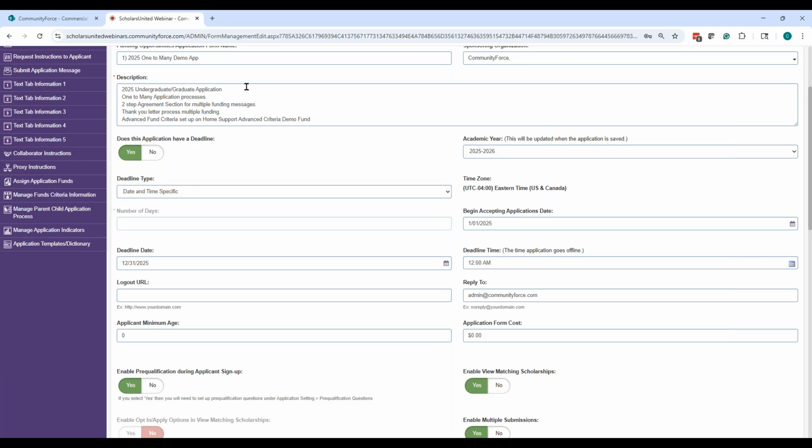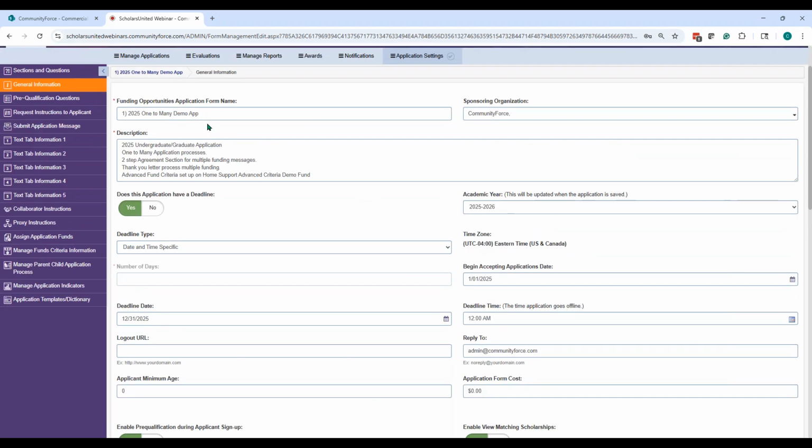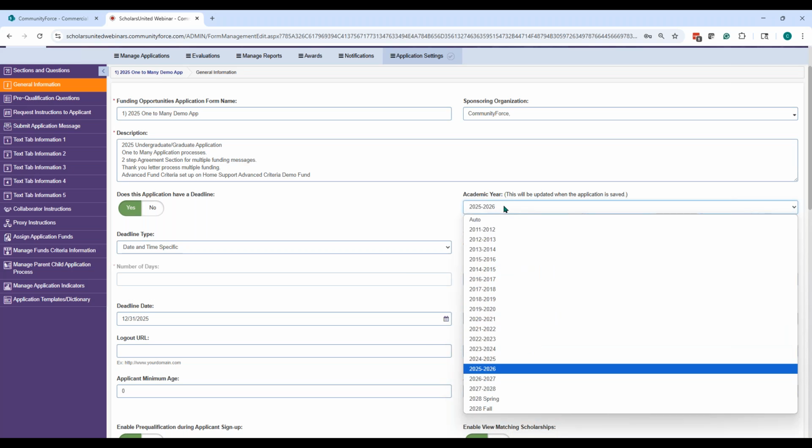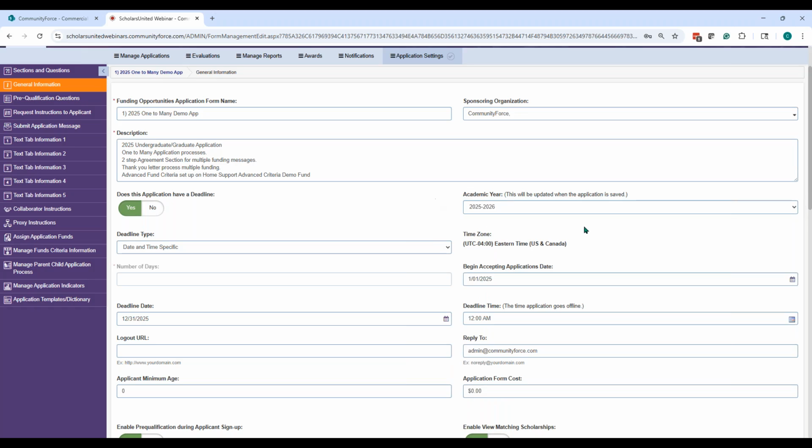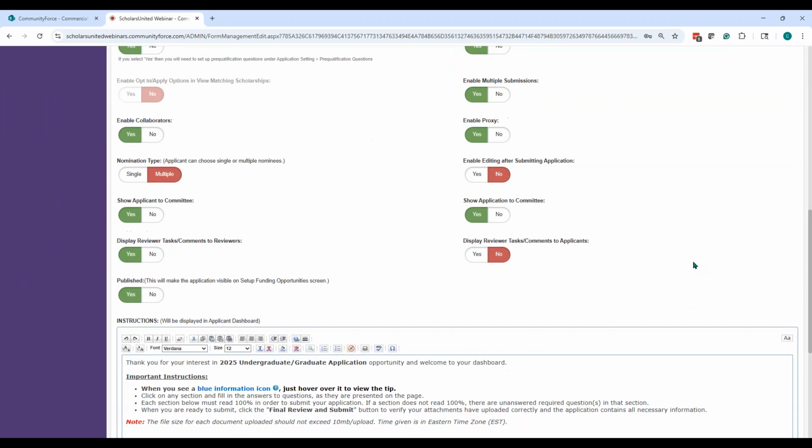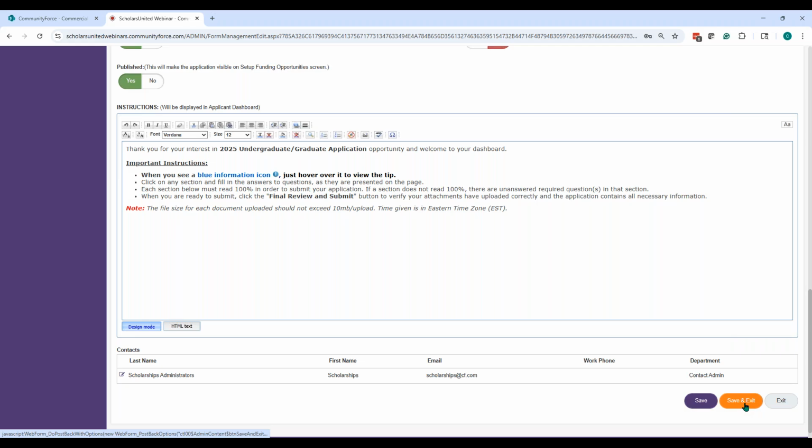So any fund that gets assigned to this specific application that I have, the awarding period is going to be the 25-26. So of course, if that's not right, before you do any awarding, you want to make this adjustment. You can just come here, change it to the correct period, and then make the adjustment. And then if you have an adjustment, always make sure to hit save and exit.